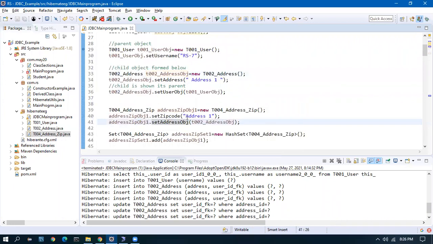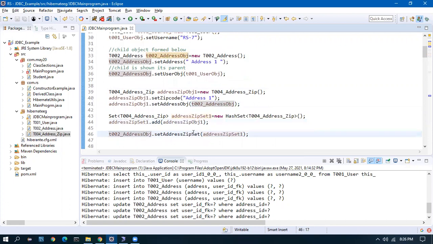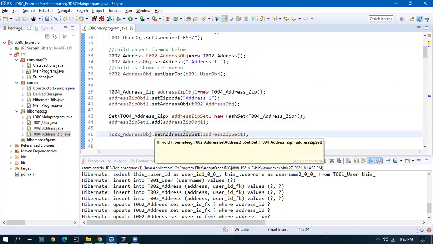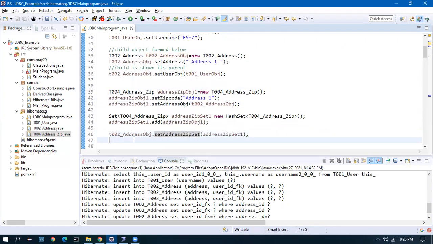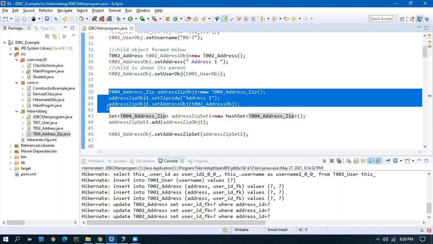For the third table, the second table is the, so this is a table. You have to see this as a user table, address zip table. So for the third table, I give the second table as a parent. For the second table, I set the third table set as children. Now let me add one more child.